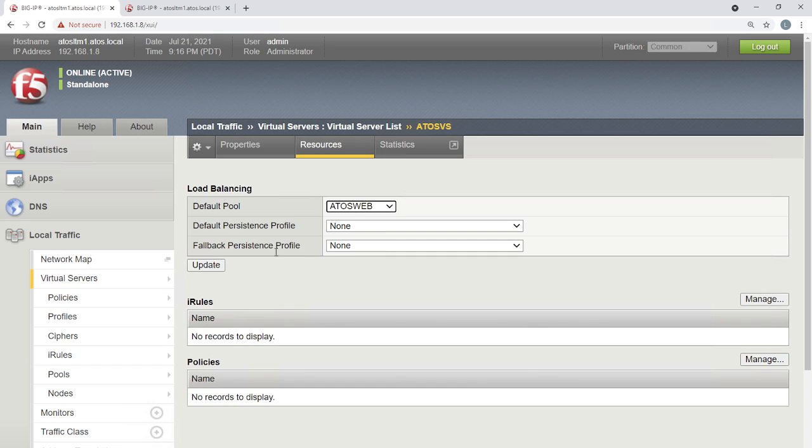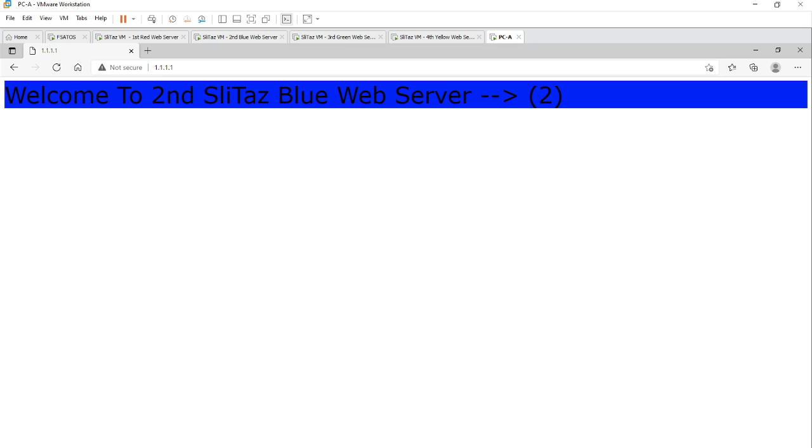Now what will happen? Obviously, according to the priority group activation, the requests are going to be forwarded only to yellow and green.